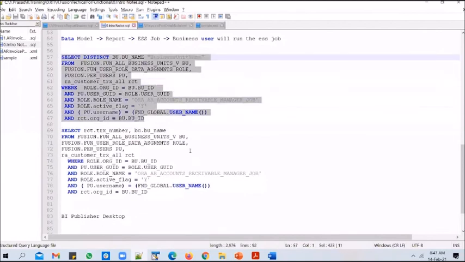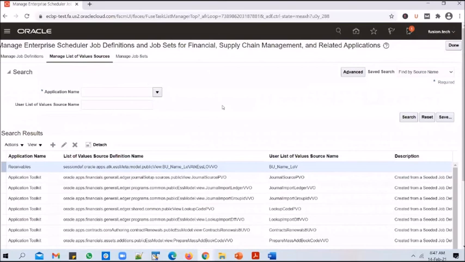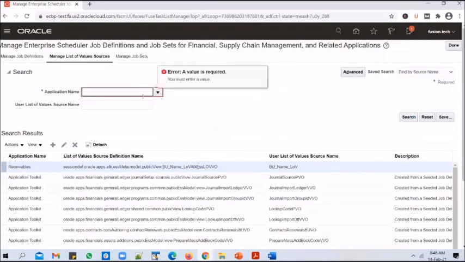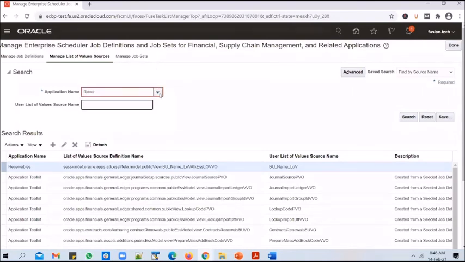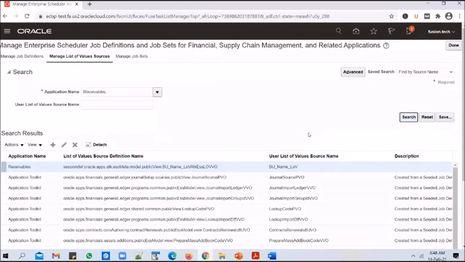This query we know has worked in the application, right? So let's go ahead and try it. But you could see that it is added here. Search for receivables and do a search.